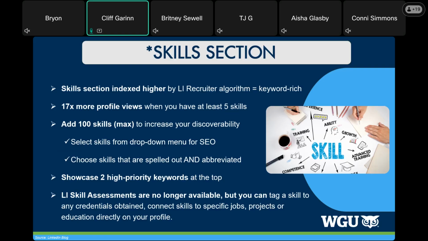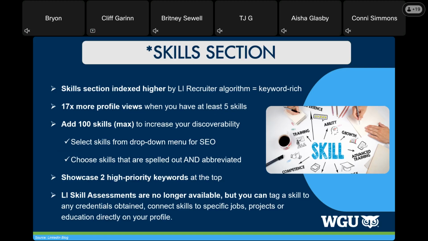So here's more of what I've talked about before: that selected skills drop down menu. It's really good for search engine optimization. Folks will open those skills. I do that when I do a review of LinkedIn profiles to see what's there.